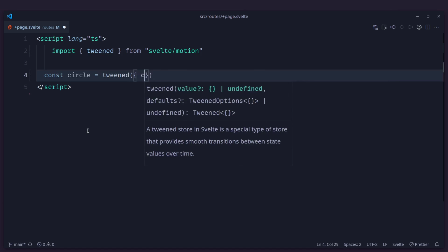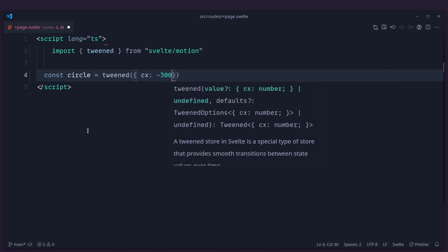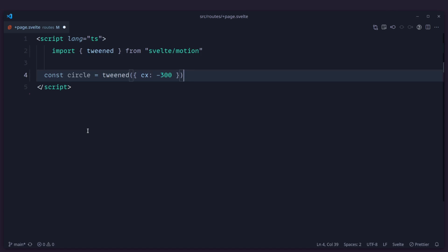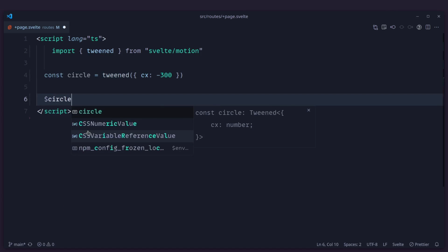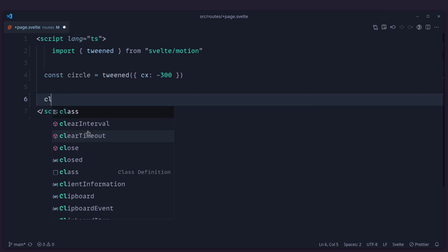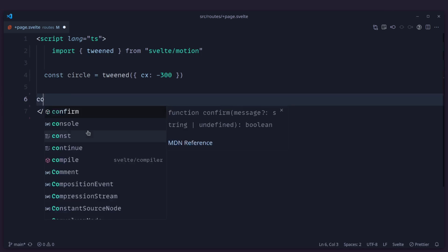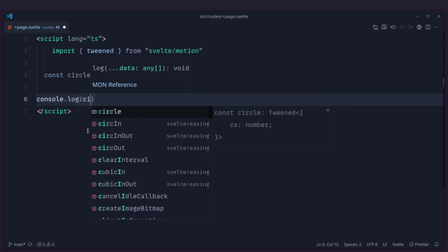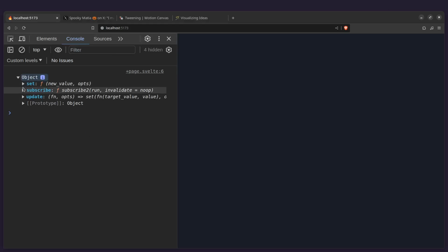So we can do something like this, we can say cx, and now I'm going to give it the same value. Now we need to update it. You might have seen the syntactic sugar in Svelte components, but this doesn't work in regular JavaScript files. And I also want access to the options. So this is the only way that we can set options. We can use the actual methods on the Svelte store. Let me just actually show you this. If I console log circle and I open my developer tools here, you can see we get an object which is the Svelte store. It has a set, subscribe, and update method on it.